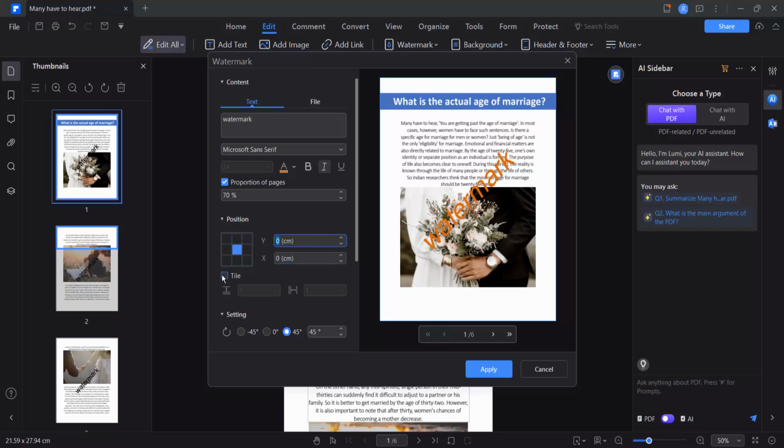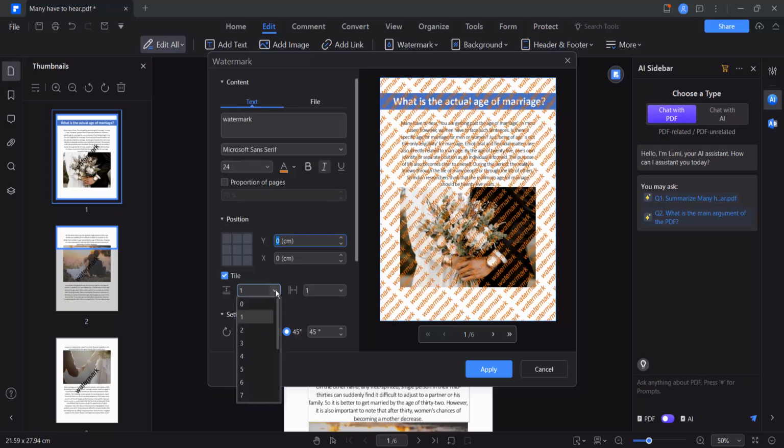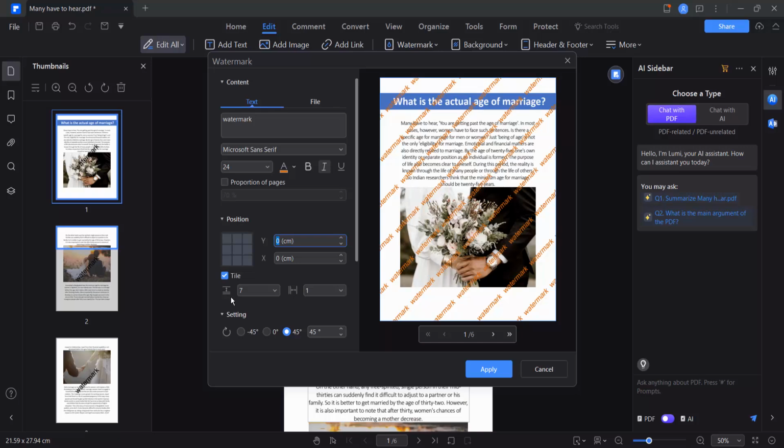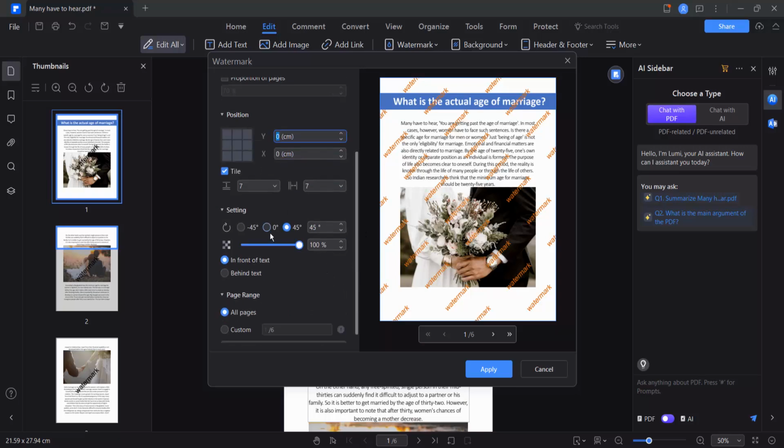And this style watermark, I will add this style watermark, and gap I'll increase this row space and this column space, and see this. Also rotate this watermark minus 45. Also you can set a custom rotation, and this transparency I'll change, and you can insert the watermark behind text